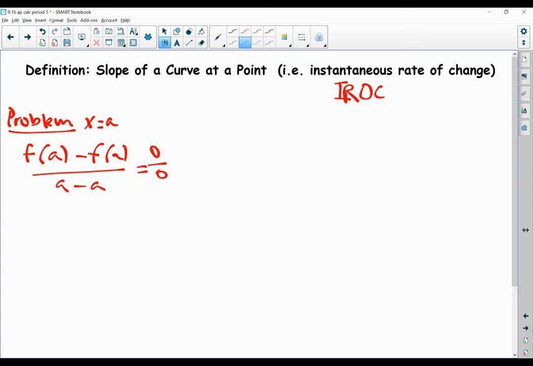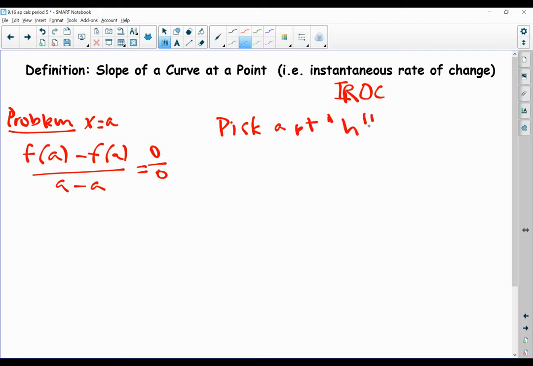So what we do instead is use the idea of how we approximated it, except we're not going to define the distance. So in the previous example, I did the slope between 6 and 6.001 because 0.001 is a really, really small distance away from 6 that I can use, and it won't give me a 0 over 0. So what we're going to do is pick a point